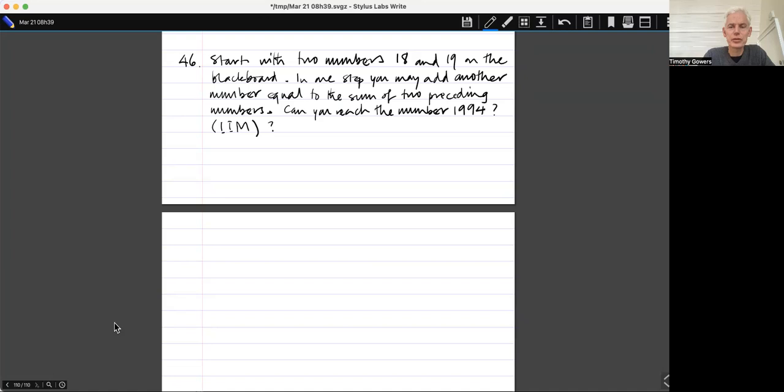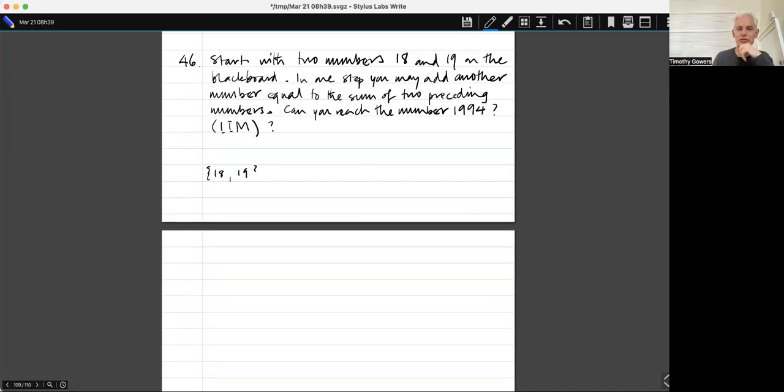Because it says equal to the sum of 2 preceding numbers. Does it mean the 2 preceding numbers or 2? It just says 2 preceding numbers. So if I'm allowed to just add any 2 numbers that I've had before, then all I seem to be asking is what is the closure, does the closure of the set 18, 19 under addition include the number 1994? And it seems to me rather obvious that it will,